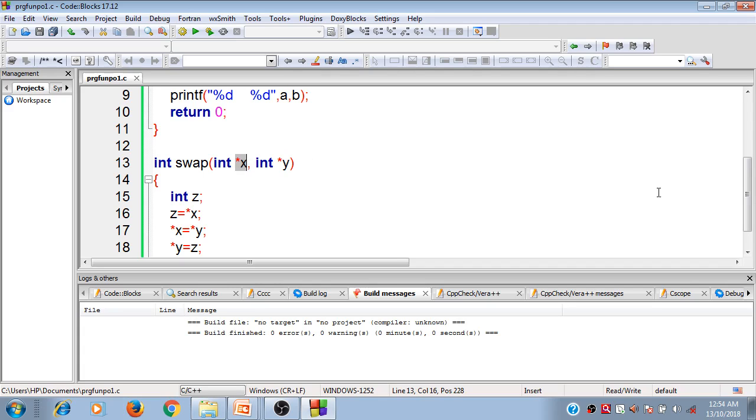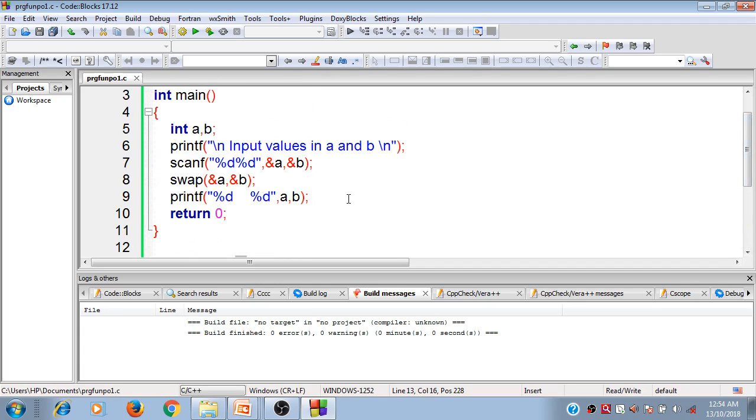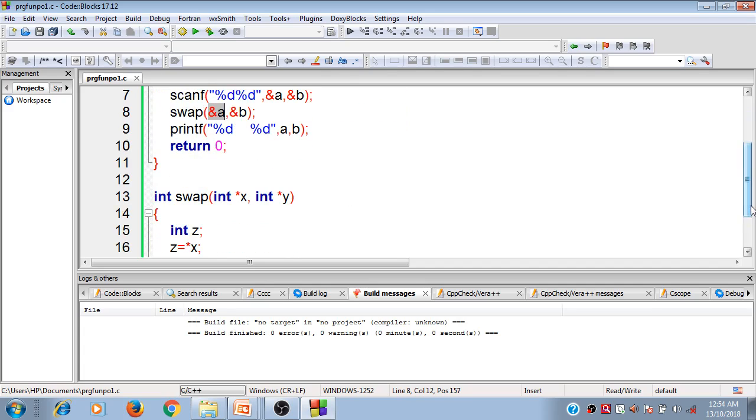So from this a, the address is passed to x, as I have shown in the diagram also, and from b the address is passed to y. Now this x and y are going to work for the values of a and b.